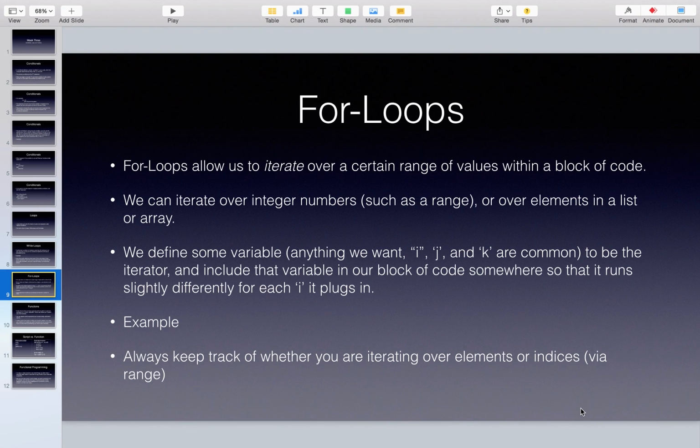So we talked about in the previous lecture how the iterable data types like strings, lists, and arrays have element numbers assigned to each element in the array, something like 0, 1, 2, 3, 4, etc. When you're trying to perform calculations on an array, sometimes it makes sense to iterate through the array directly, and sometimes it makes more sense to iterate through a range of indices and then index your array at those indices to get out the values that you want. You can define your iterable variable to be i, j, k, whatever you want, and it only exists within that